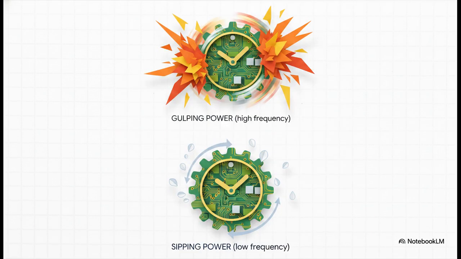Now listen up, because if you want an easy point on your exam, make sure you highlight this specific fact. While CMOS is incredibly efficient when it's just sitting there, its power usage is not static. Its power dissipation depends heavily on its operating frequency. Basically, the power usage is going to spike significantly the faster you run its clock. So it sips power when idle, but man, it gulps power when it's switching back and forth millions of times